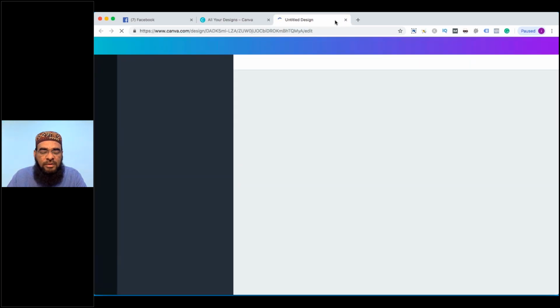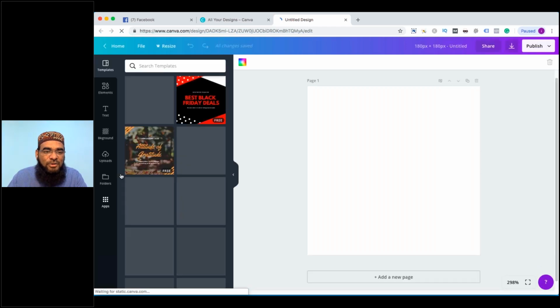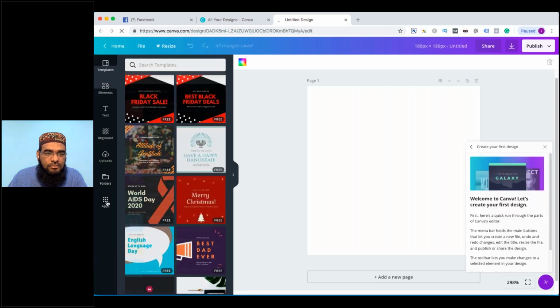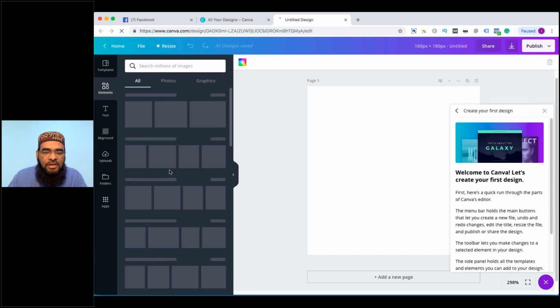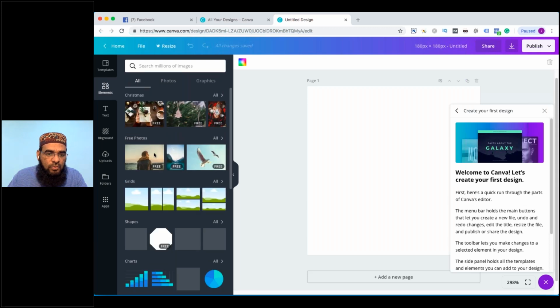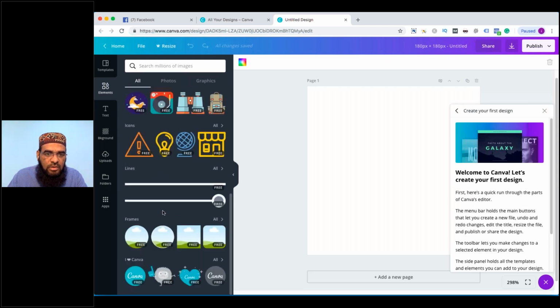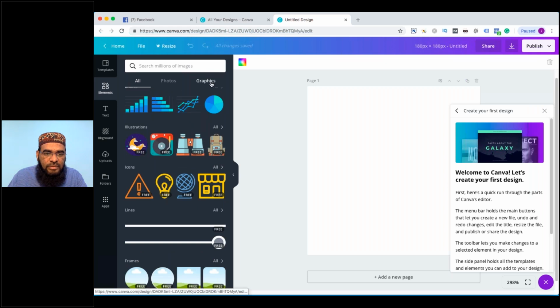And we want a logo for it. So I'll take an existing design, but I'm not a graphic designer. So, okay, elements. I just want a template for logo, nothing else. All right, templates, graphics.